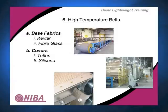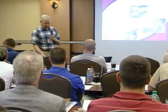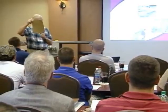High temperature belts come in several different forms. I do have some samples here which we'll pass around. Just start this one and moving around. This is a fiberglass fabric, and it's been impregnated with Teflon. These come in different weaves. They come in different plies. You can actually have multiply. And the coarseness or lack of coarseness in the weave will vary, but it's all Teflon coated fabric, and you